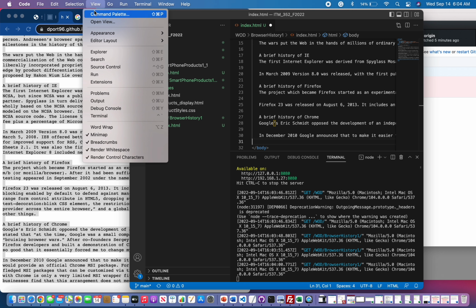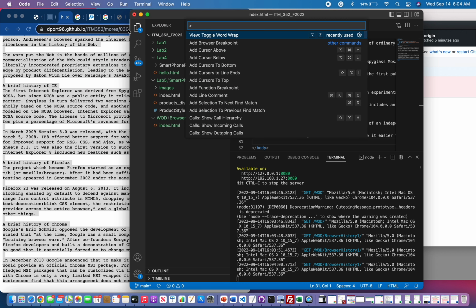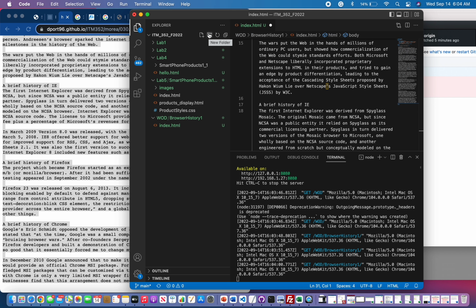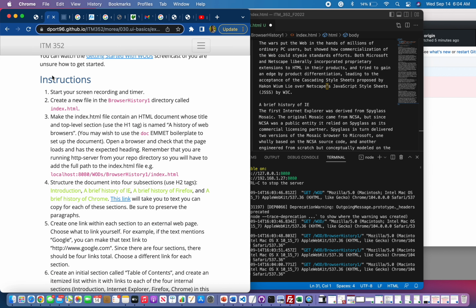Oh yeah, but I'm going to use word wrap so that I can see all of the words without having to go over. It's nice and neat for us. Now